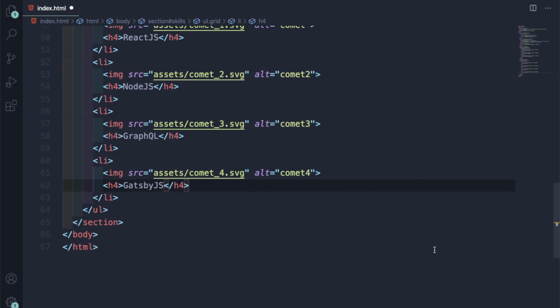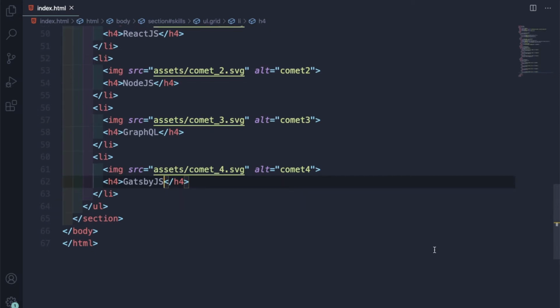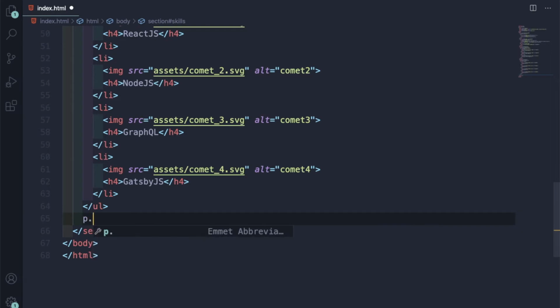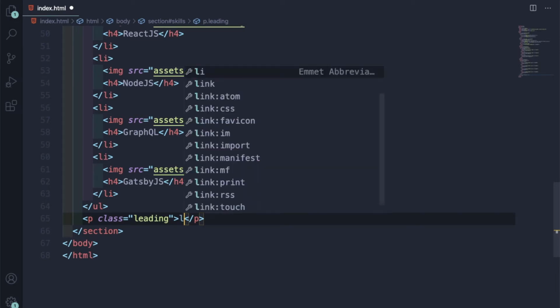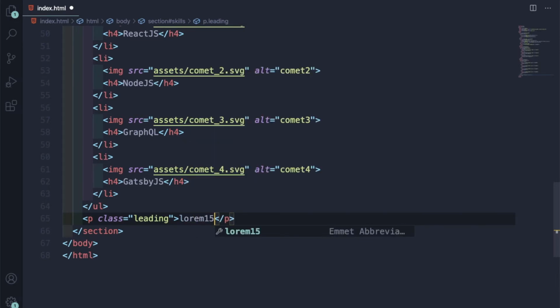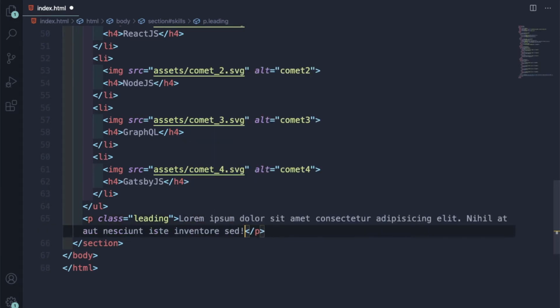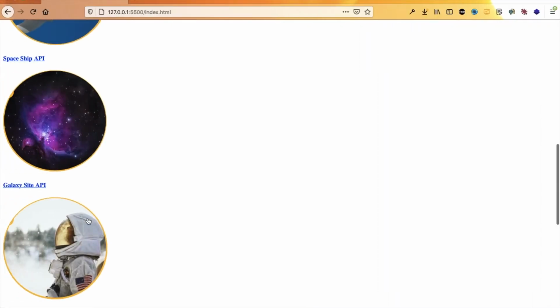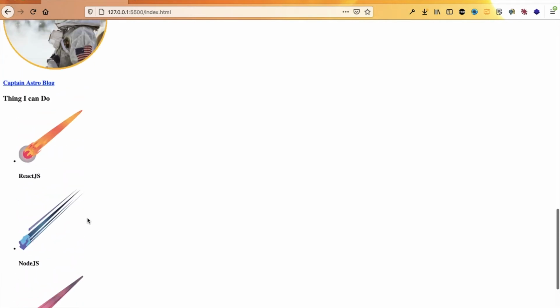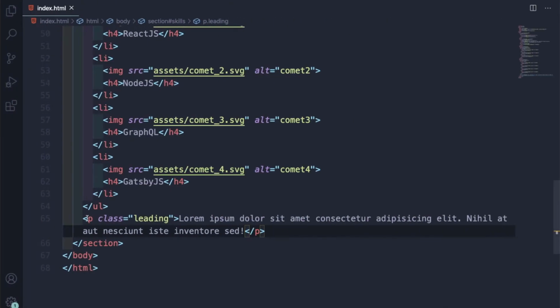So let me save it. Okay, so I have saved it. And after this UL, there will be a paragraph dot leading also. And let me have lorem 15 in it. Yeah, it is looking good. Let me save it. Let me see it. Yeah, it is perfect. Then after that, we are going to have the last part of our HTML,